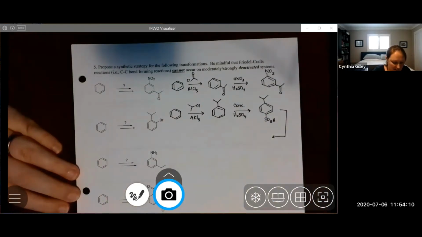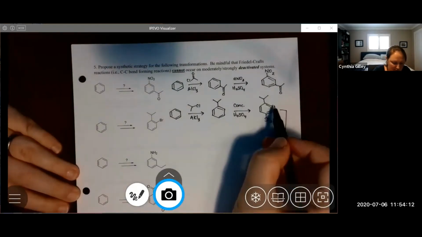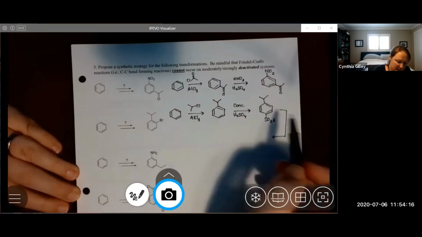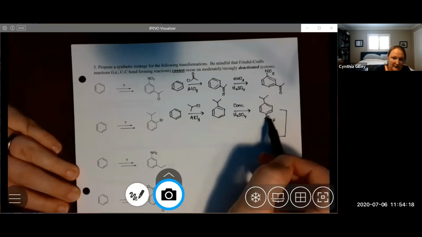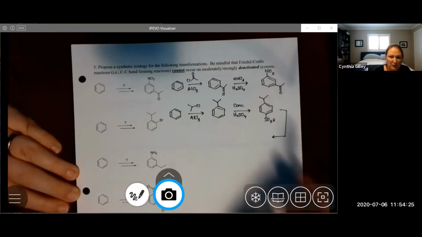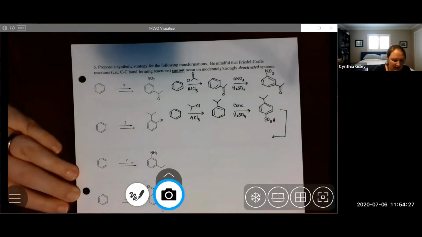now our ortho-para director will have to direct ortho because para is blocked. In addition, we've introduced a meta director. This is a meta director. So it's kind of pointing to the same position as the isopropyl group. They're reinforcing. These two positions are equivalent, so it really doesn't matter where you put the next group, which is